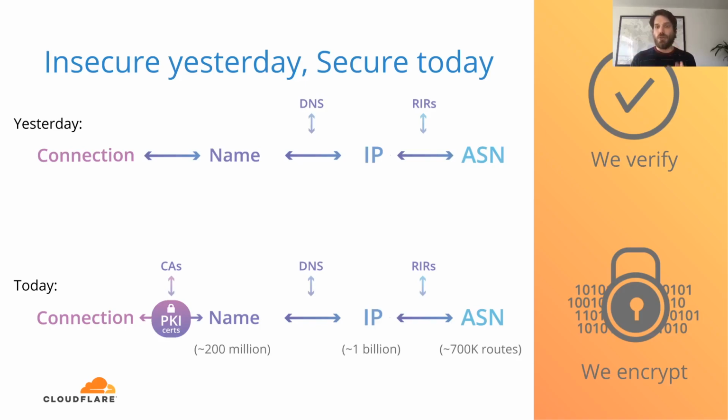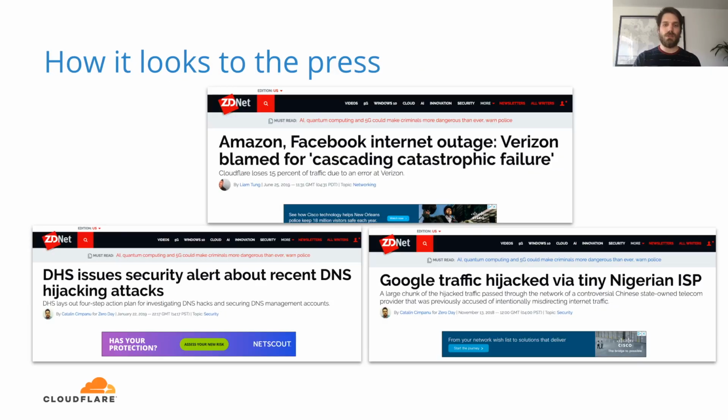But unfortunately, that very clear security posture that we now have on the higher layers of the network has not propagated downwards to our transport layer. And the internet as a whole remains largely unsecured. And unfortunately, that has consequences.